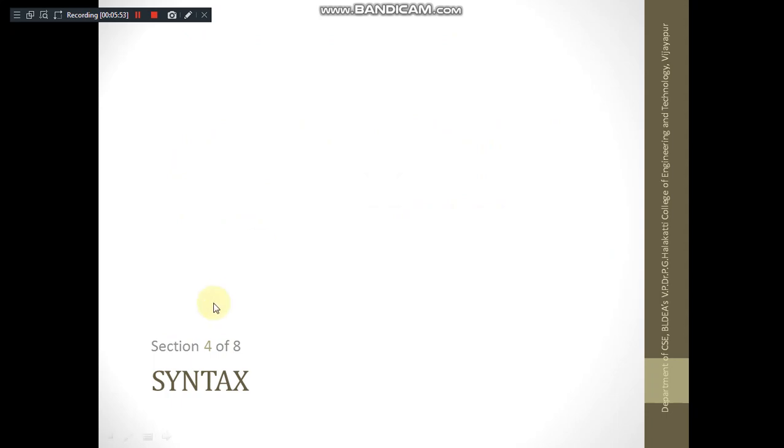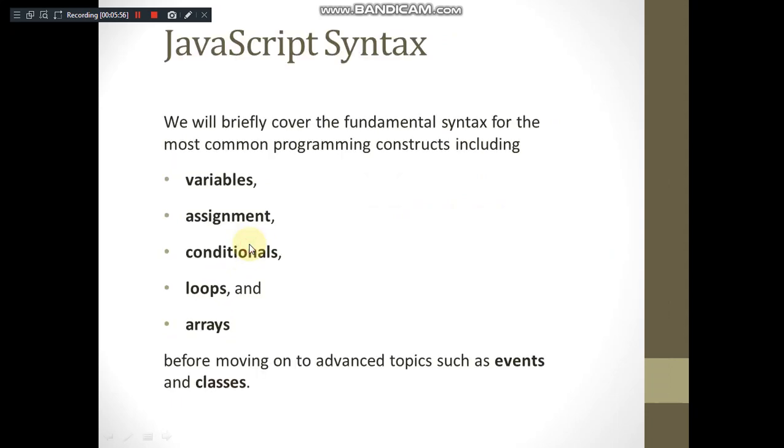So now we'll see what is the basic syntax of JavaScript. Similar to any other programming language, it has a few programming constructs like variables. It allows various operators to be used, including assignment, and conditional statements. It supports loops and arrays. These are common programming constructs observed in any basic language. Apart from this, it has object oriented features like classes, and it also includes event handling, where it is mainly used for client side scripting.